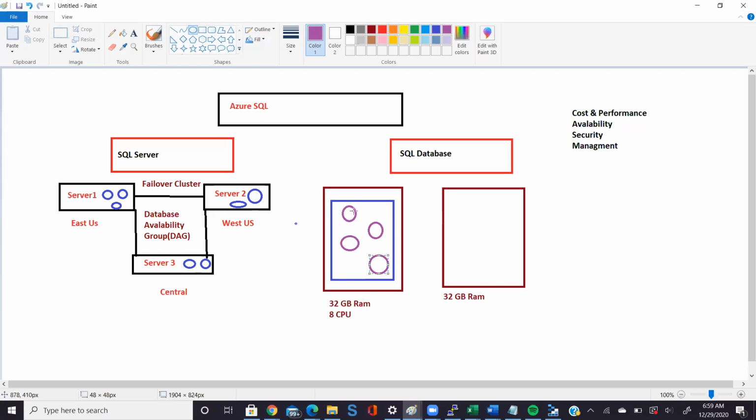Understand the elastic pool now? So for example, you have one room, right? In that room there is only one person living, so they occupy the whole room. Now in that room, we have only one bed.